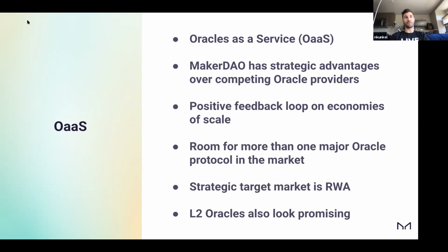And so instead, I'd like to say that there are really two strategic imperatives here that I think we can perform very well in, regardless of what our competitors do and regardless of the difference in funding between ourselves and our competitors. The first one is real world assets. And the second one is layer two. And I want to get into both of those individually on why those are the strategic imperatives that we want to target.